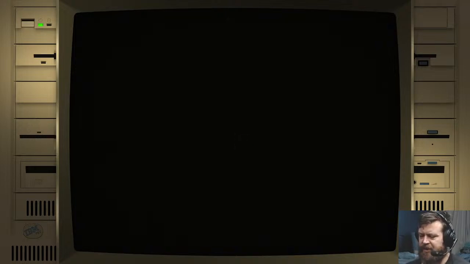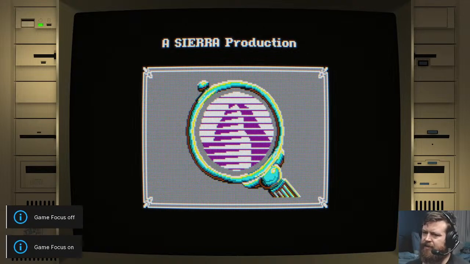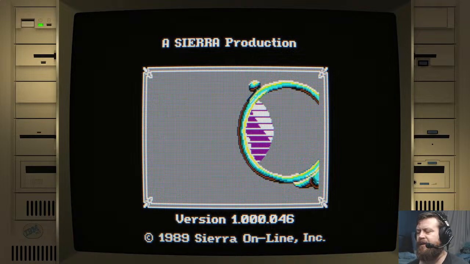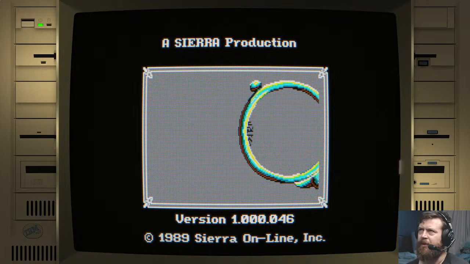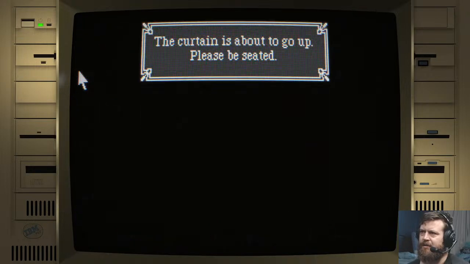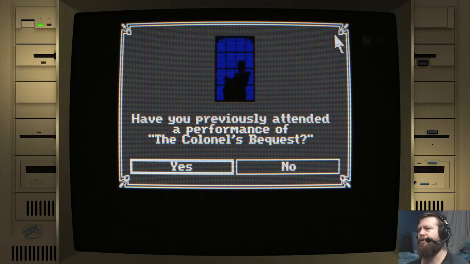A vending machine? I feel like whoever came up with that idea should be whapped with a fly swatter. There we go. Alright, I found the one that was, like, cracked.